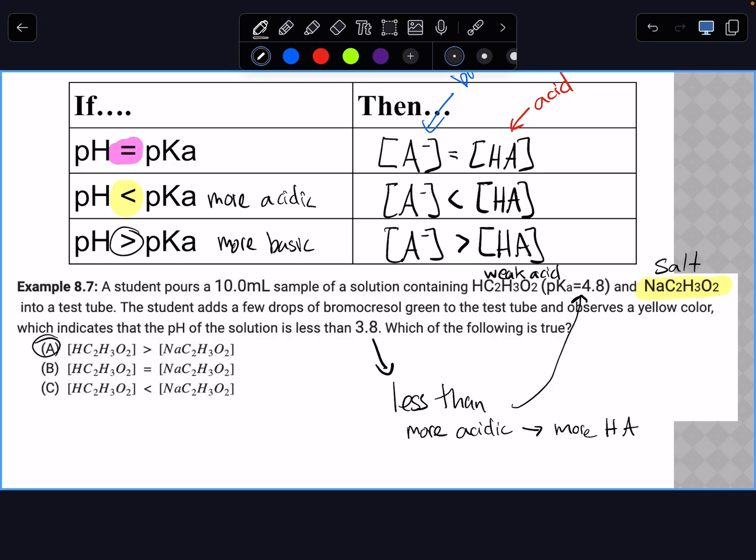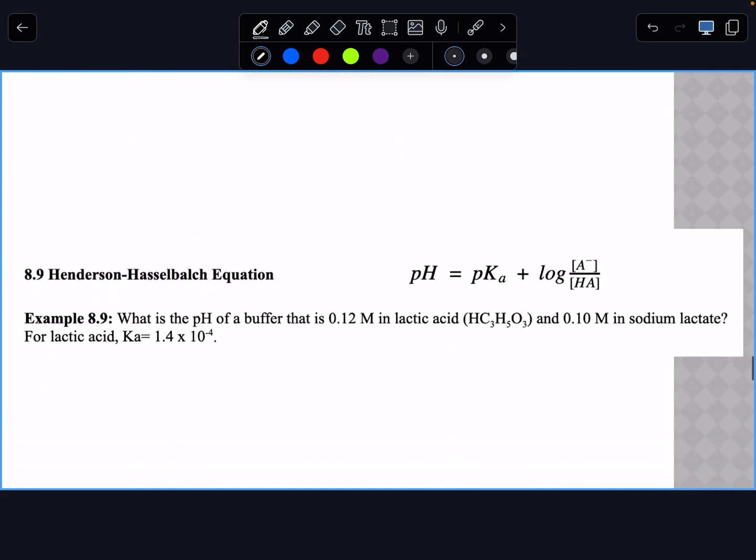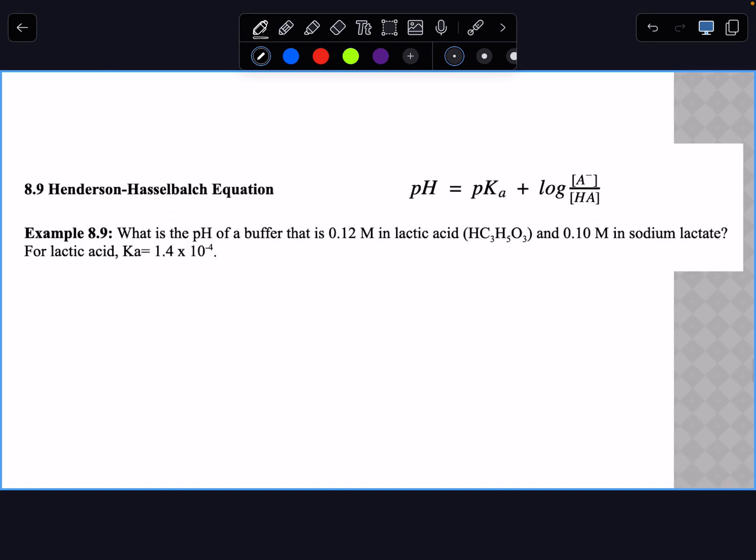All right, so using this equation, the key thing is they're always going to give you the Ka, which you can convert to a pKa. Then you need to identify the A minus and the HA. The first thing we want to do when we read a problem is to identify what type of buffer is